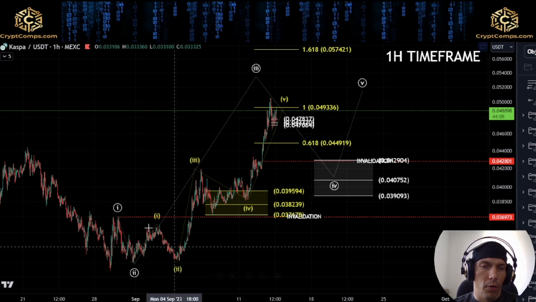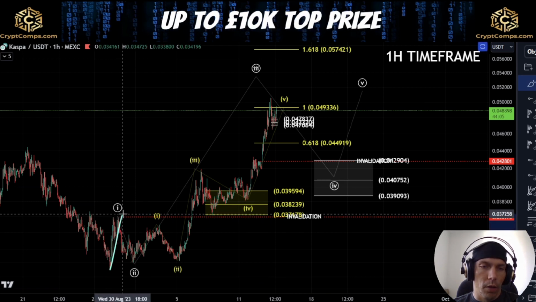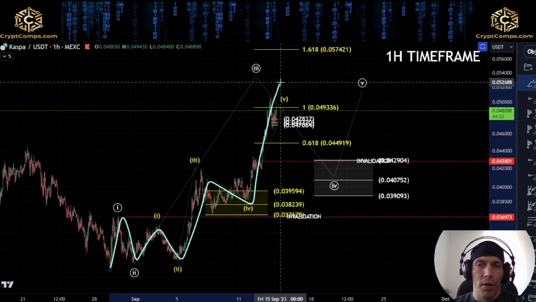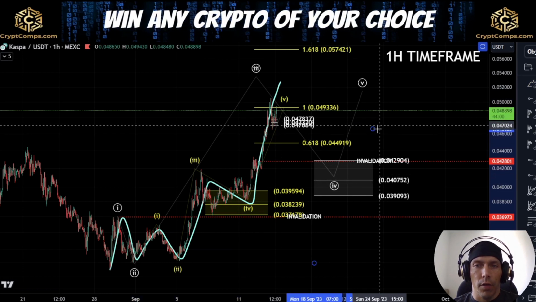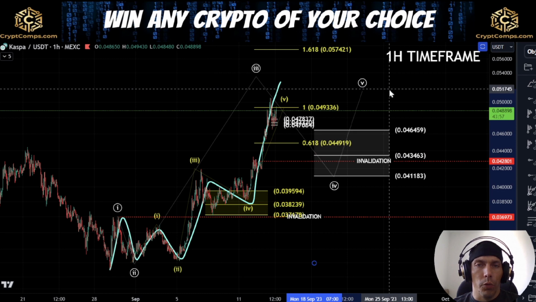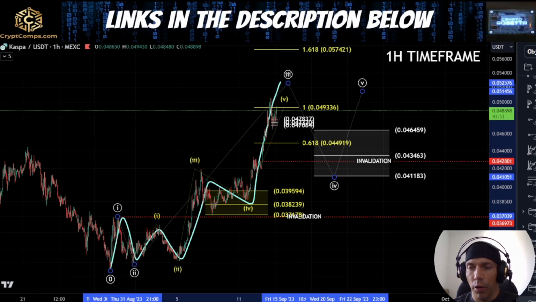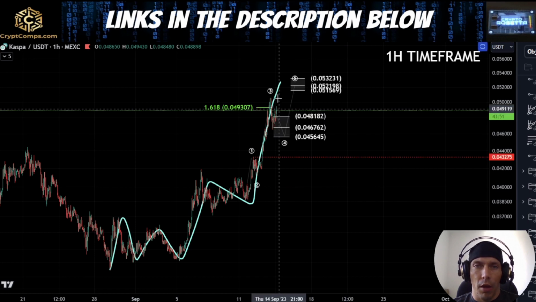We're saying that, potentially, if we're looking at this, we could say that this is 1, 2, 1, 2, 3, 4, and then we get this fifth wave complete. And then what we'd be saying is that we'd have an additional fourth wave in the white fourth wave here. We don't really have a target for this.